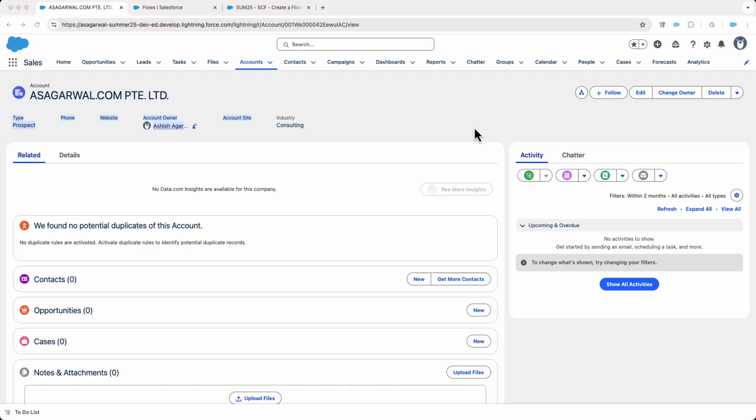This is a slightly different feature that was introduced in Summer 25 release. As an admin, you can now build ScreenFlow to create draft auto-launched flow approval processes. Let's first see how this works, and then I will take you behind the scene to show you how this